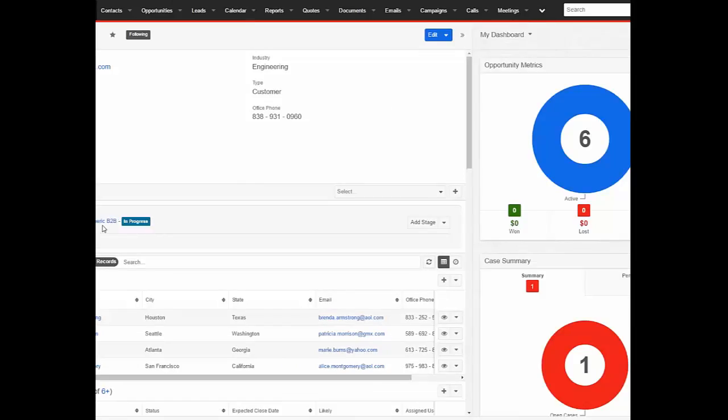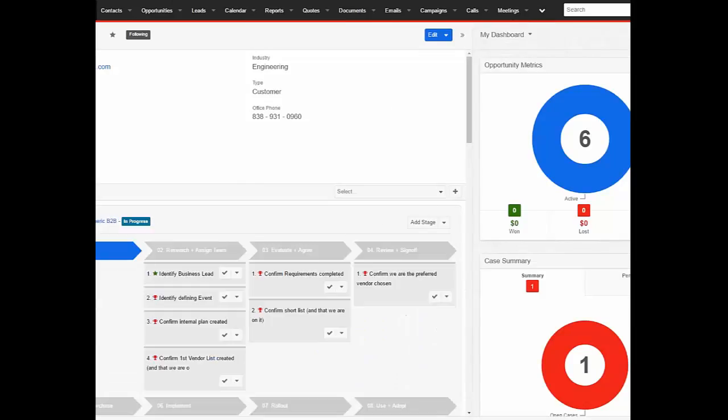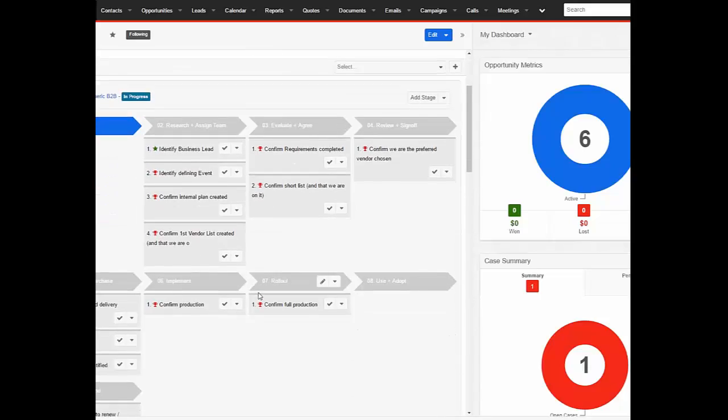So here's my customer journey. Union Bank, generic business to business. I'm going to expand it, and you can see these are the things that we've built. These are our processes here inside the company to move forward in my relationship or the opportunity. This is entirely customizable by you, the end user.